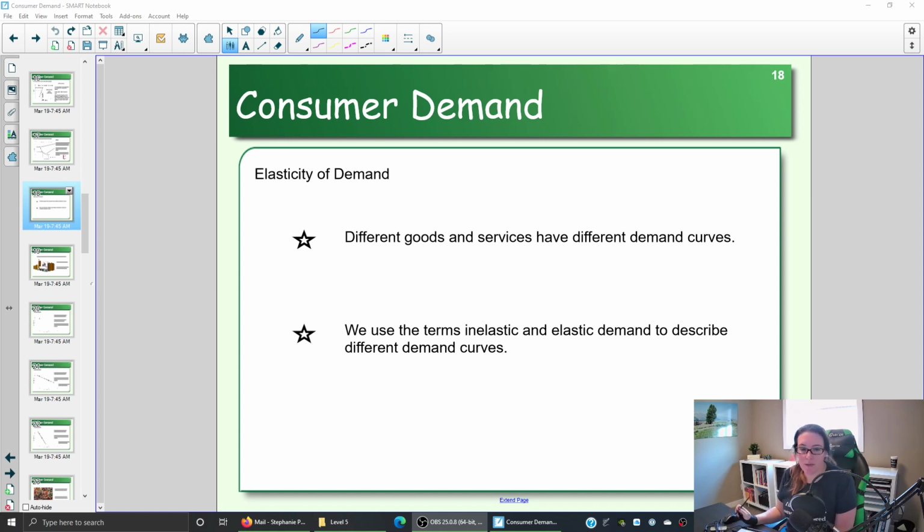So we've been deriving the demand curve and looking at that relationship between price and the amount that consumers are willing and able to buy. We're now going to look at what is called price elasticity or elasticity of demand. So when we talk about elasticity of demand or price elasticity, what we are looking at is